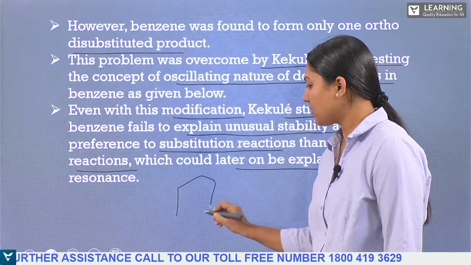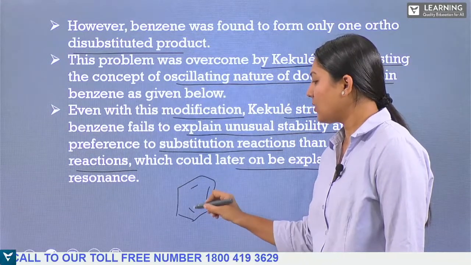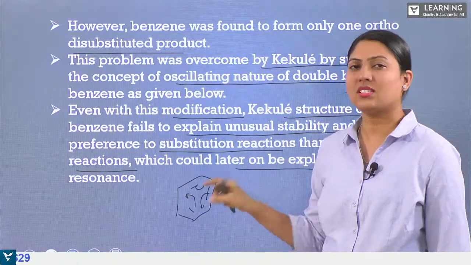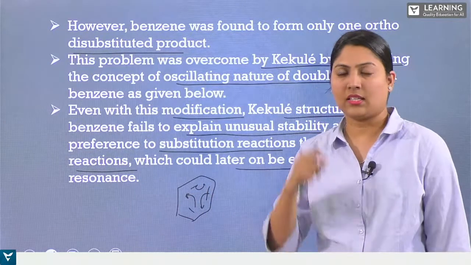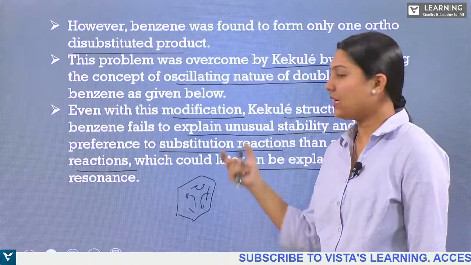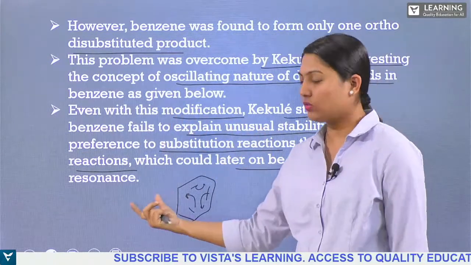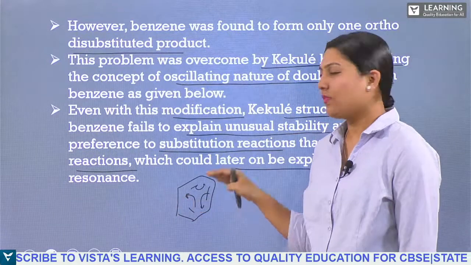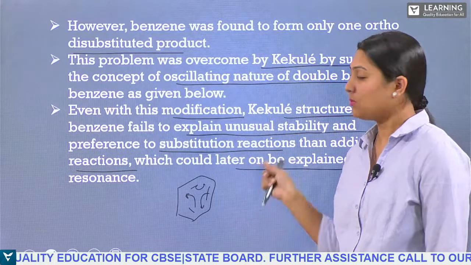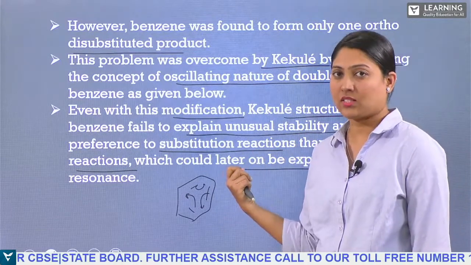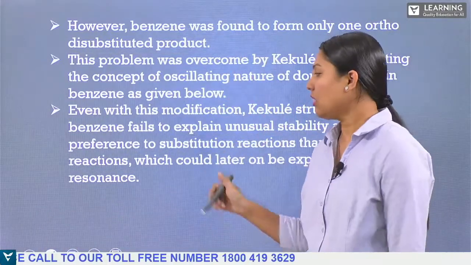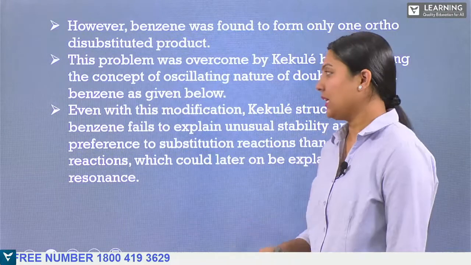We have this benzene ring. He said this has been delocalizing, right? He gave the oscillating nature of this double bond. This double bond will be oscillating, so it has the property where it is stable. If it is stable, then it should not undergo the substitution reaction, or else it should not give the addition reactions. But it gives substitution and addition reactions. Why? Because the resonance structure matters here, and how the reaction takes place will be explained in the next sessions.